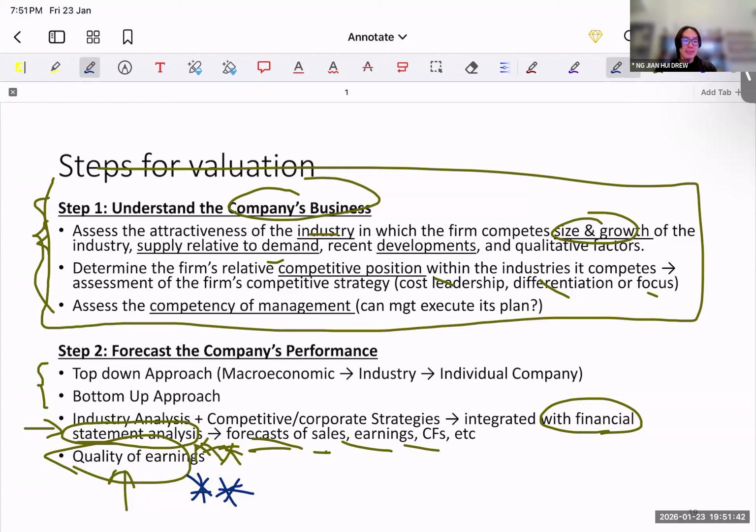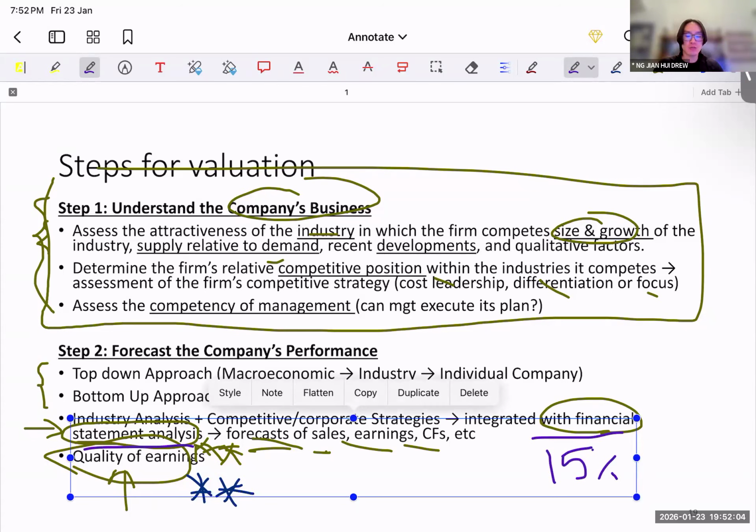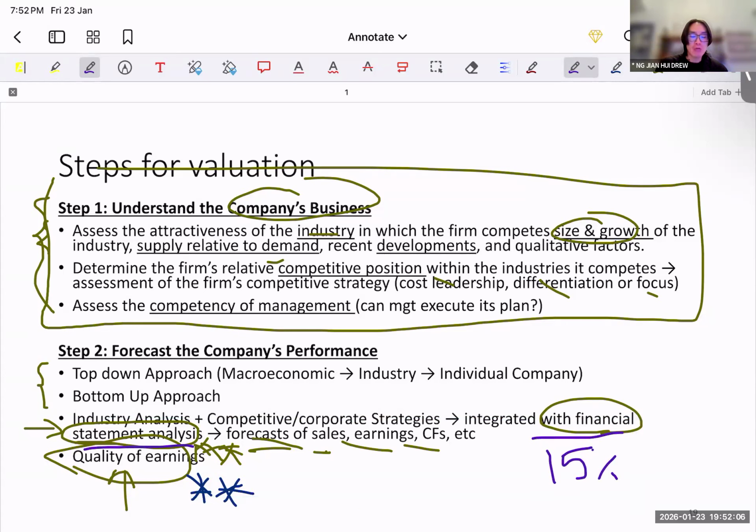One last point I want to point out is that in this module, unfortunately, we'll not have time to go through financial statement analysis extensively. But I want to highlight that this component of the valuation typically holds about 15% of your report, which is quite substantial, right? So it's 15%. Writing a good financial statement analysis would be very important. I do have one slide later to emphasize what the key points to focus on in financial statement analysis are, right?